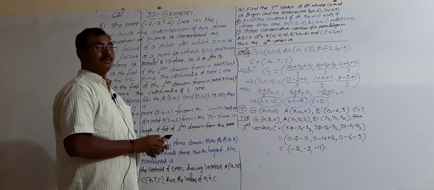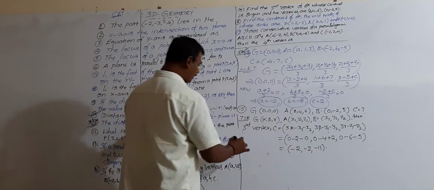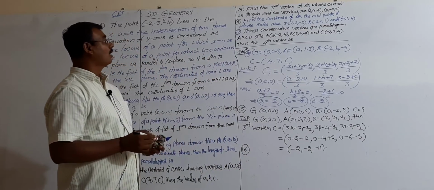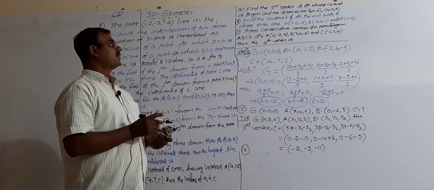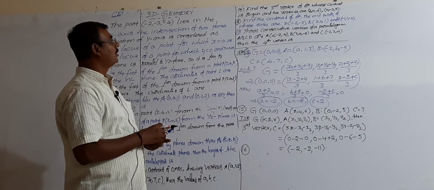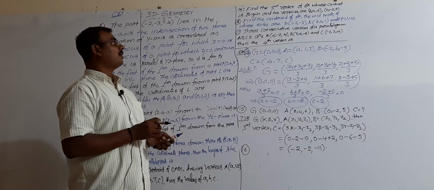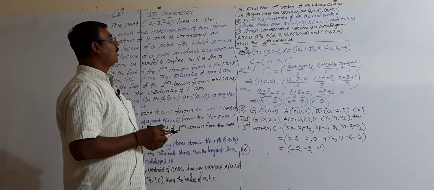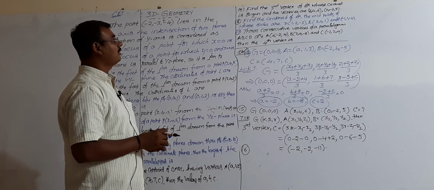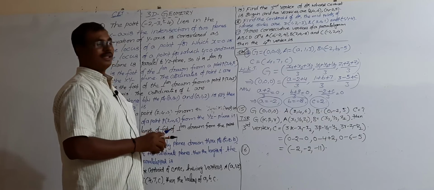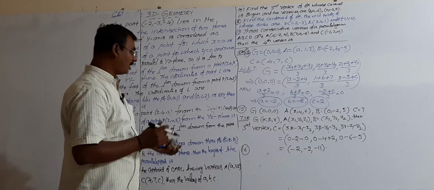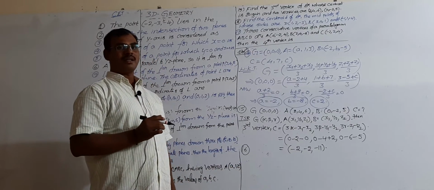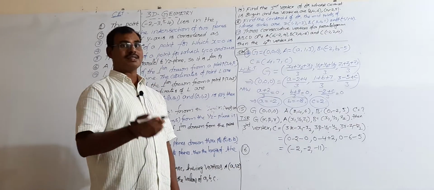Okay, shall we go to question number 16? Problem number 16 I am taking. Find the centroid of triangle ABC if the midpoints of whose sides are D, E, F. So, what is given? Here the centroid is not given. Midpoints of the sides of triangle ABC are given. We have to calculate the centroid.